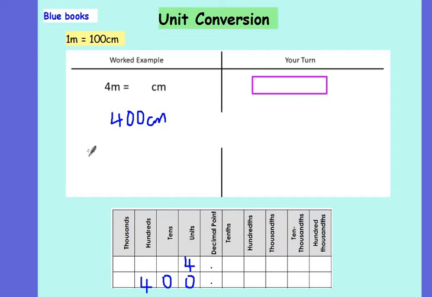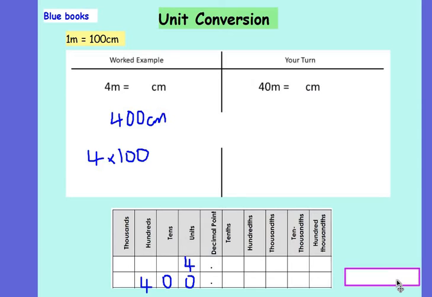Because I've done 4 times 100. Okay, Year 9, in your dark blue books, can you have a go at this example? Pause the video for a minute and work it out. So in exactly the same way, we just multiply it by 100. 40 metres times 100 gives me 4,000